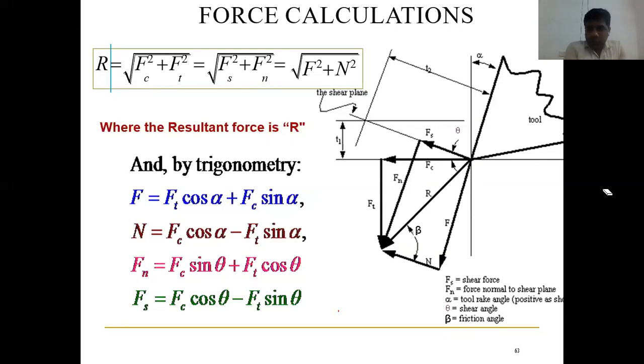So almost 26 minutes are over, so the remaining 14 minutes are there for completion of this session. You only note down these formulas, this and this table. These pictures are not required, you already drew them previously. Please remember these four equations. If you know this one, it's very easy for you to remember all these formulas. It's not very difficult. If you remember this diagram, it will be very easy.